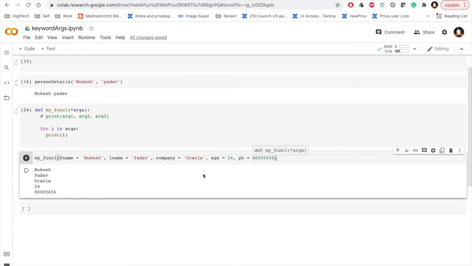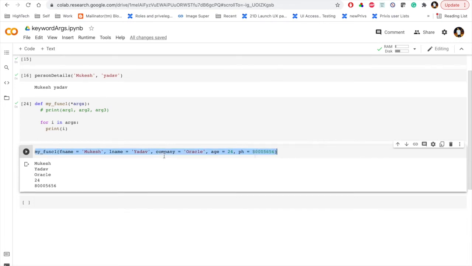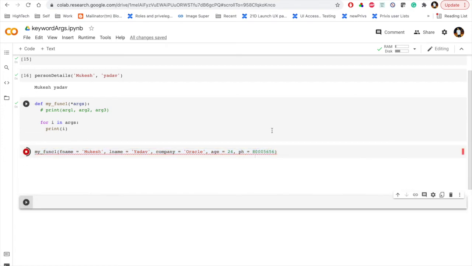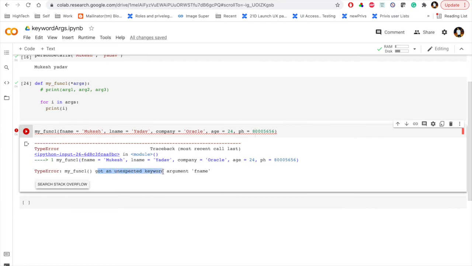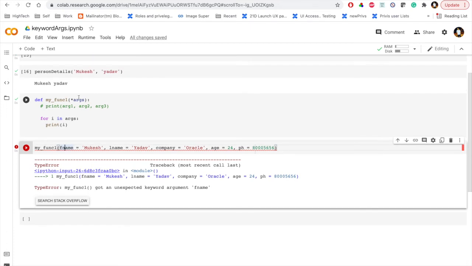In this manner you have to pass the arguments. But if you run this function, we will get an error. See, got an unexpected keyword argument f name, because it's not accepted in the star argument.